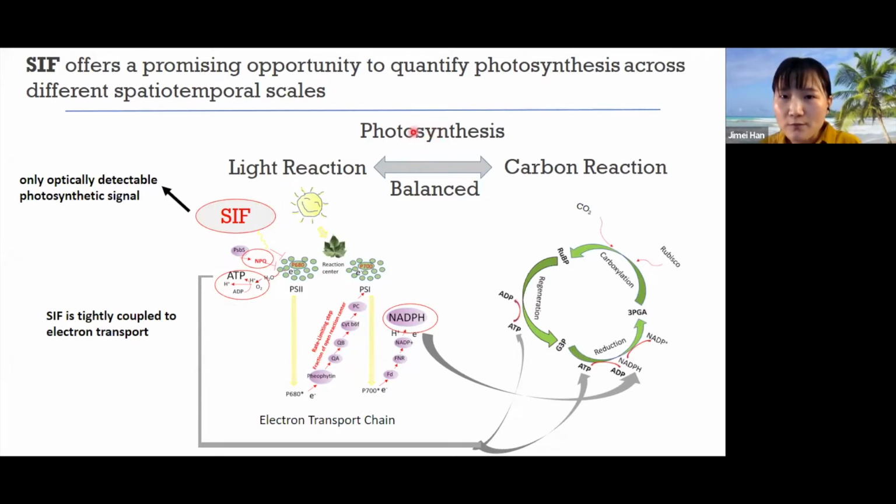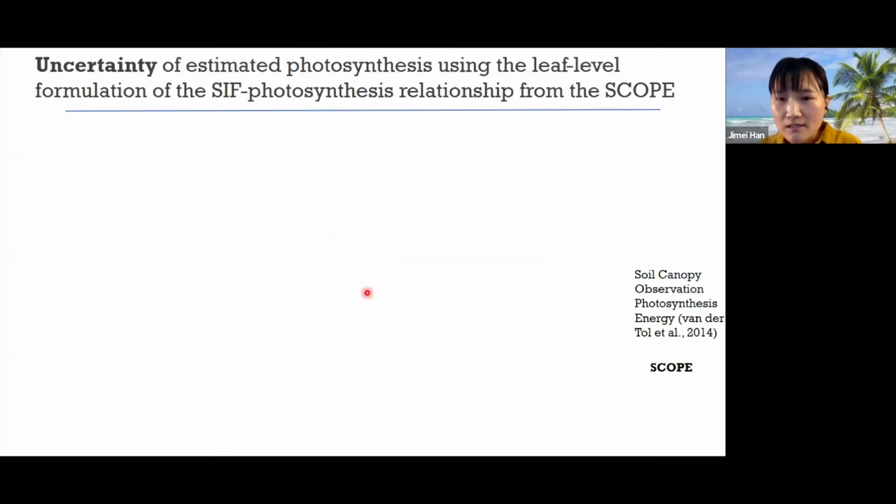Photosynthesis inferred this way, although often assumed as truth, is not directly measured, but is indirectly and imprecisely derived with approaches known to contain errors or even bias. So the potentially biased photosynthesis used as truth to infer the photosynthesis-SIF relationship essentially contradicts our motivation in applying SIF to constrain photosynthesis. And secondly, from the modeling side, the existing studies primarily adopted the SCOPE model to simulate the SIF photosynthesis